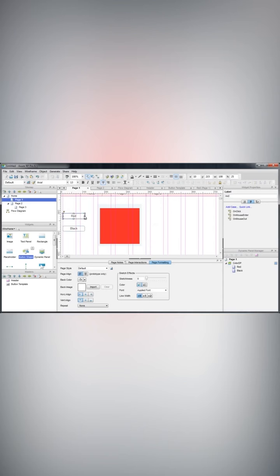So I'll click my red button, and then I want an on-click event to occur. So I'll double click this to open my case editor. I know I want to alter our dynamic panel, so I'll look under this section. I want to change from one state to another, which is the first option. So I click that, and then I select which dynamic panel, which is my color DP,